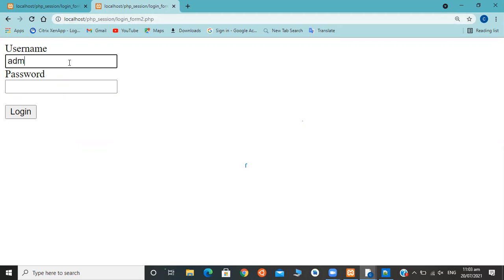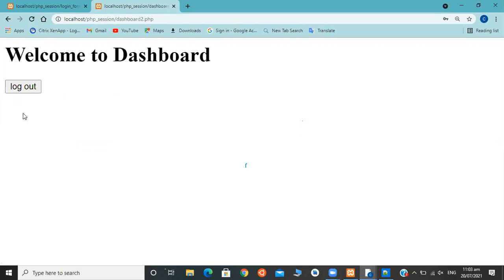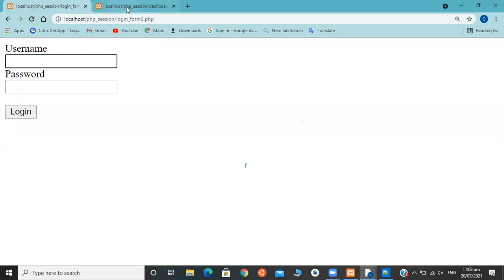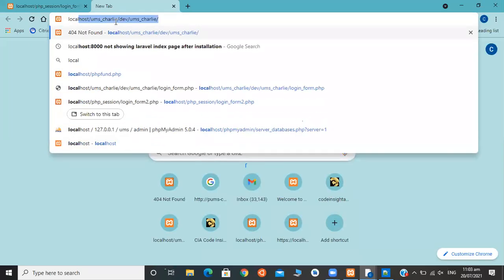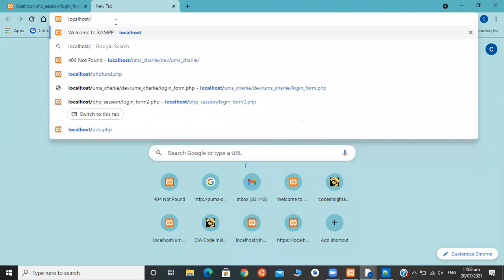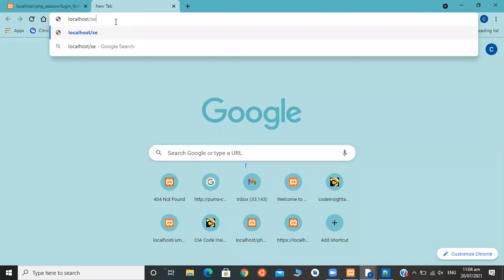Again, we can enter admin@123 to log in. So we can see the welcome to dashboard page here. If we type localhost without login, if we want to enter dashboard.php, let's see what happens here.